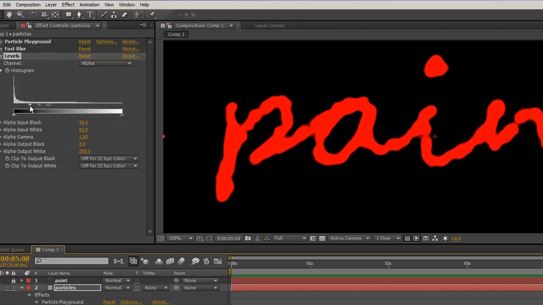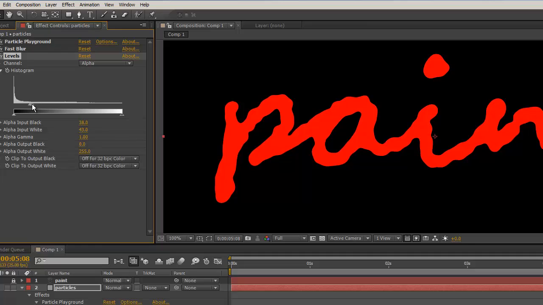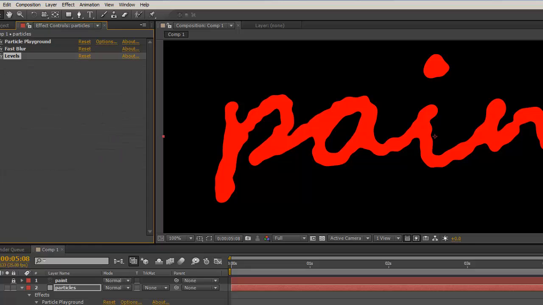One other thing you could do is actually just change where your threshold is so your paint's a bit thicker. Also quite a nice thing to be able to do. So I'll go with a bit thicker paint for now. Okay, but if I want this to look like blobby paint, like thick paint, now I'm going to add a